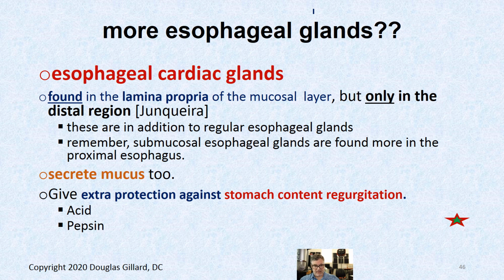And as I said, the cardiac glands are actually in the lamina propria, so there are mucus glands in the mucosal layer and in the submucosal layer in the esophagus. These are only in the distal region down by the lower esophageal sphincter, and they secrete mucus to give us a little extra protection, because if acid's going to be burped up, that's where it's going to go